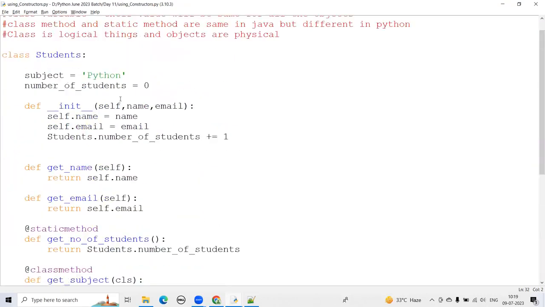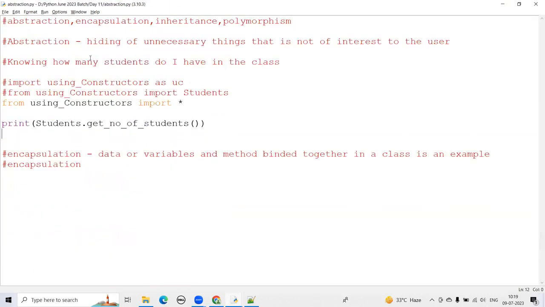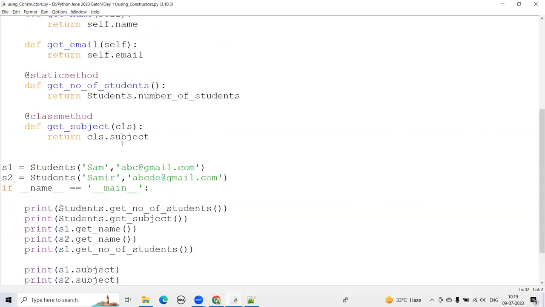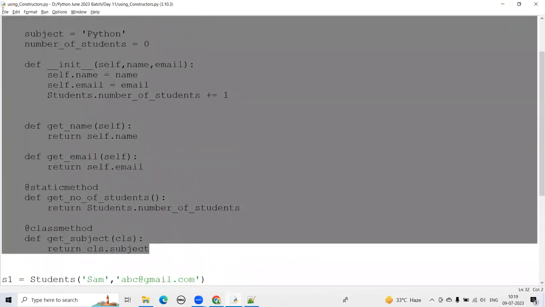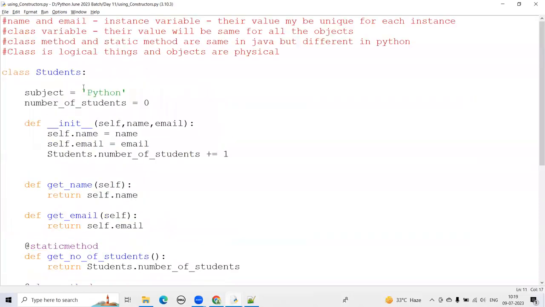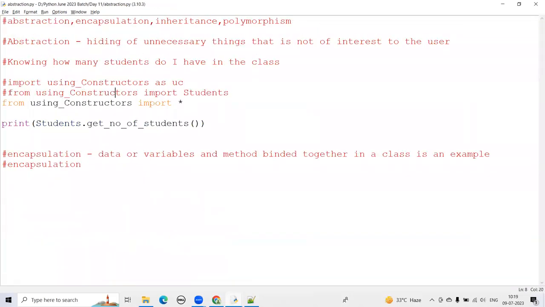No, but these are not part of it. We have imported the students class. This is not coming under the student class. Oh, okay. So let's say if you have imported this module,